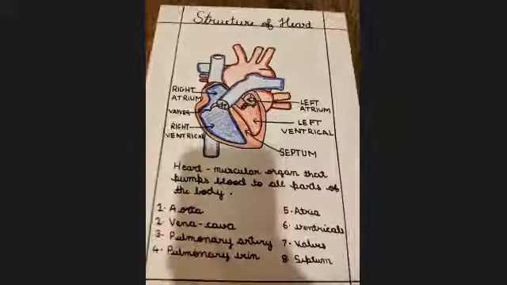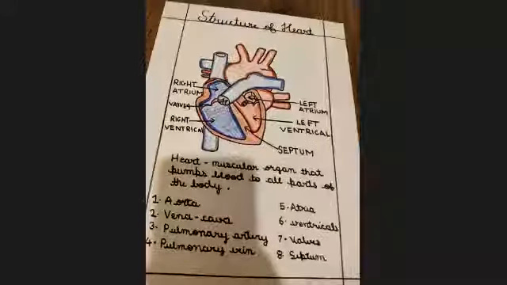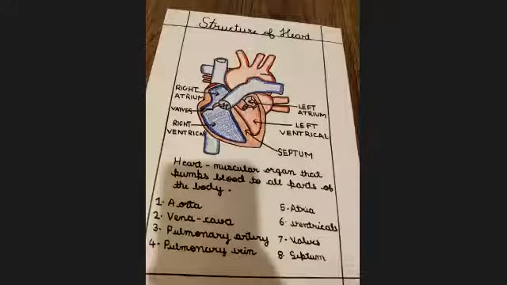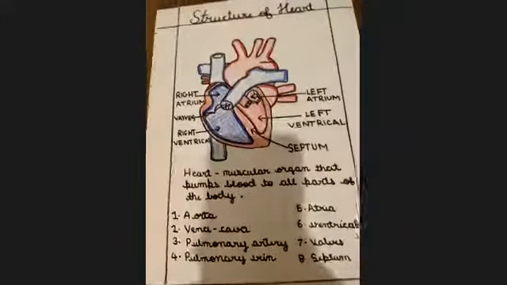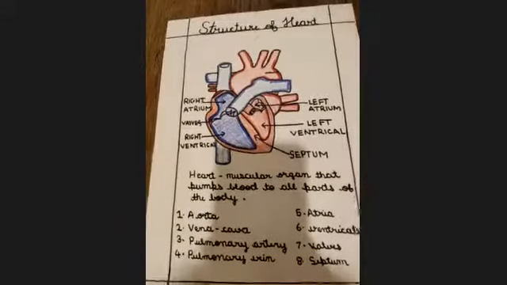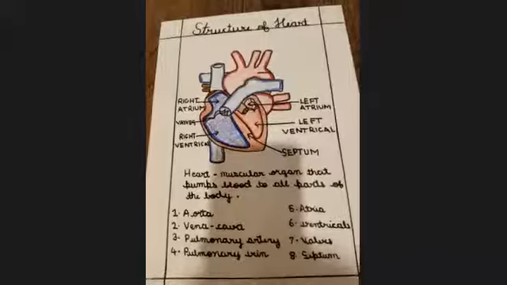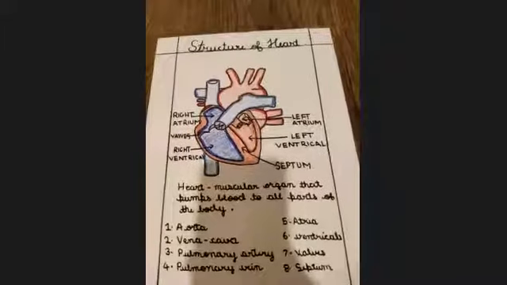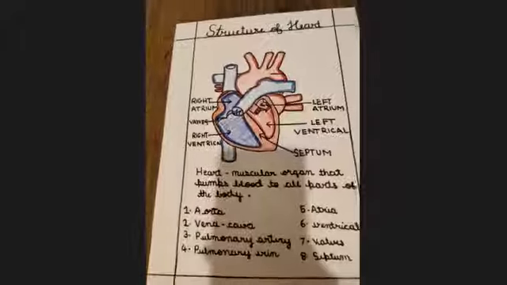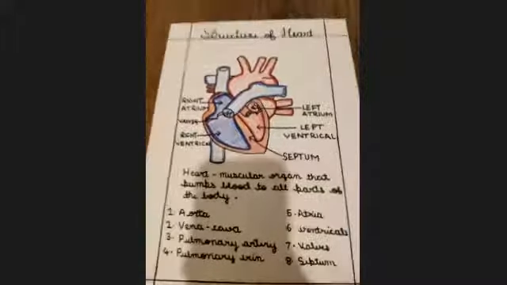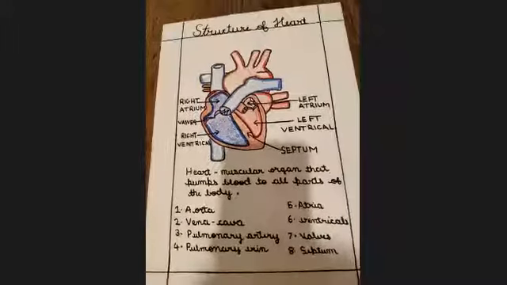The aorta is the largest artery. It takes the blood rich in oxygen from the left side of our heart and carries it to almost all parts of our body. The vena cava is a large vein that collects all the blood rich in carbon dioxide from all the smaller veins and then empties all that blood into the heart.